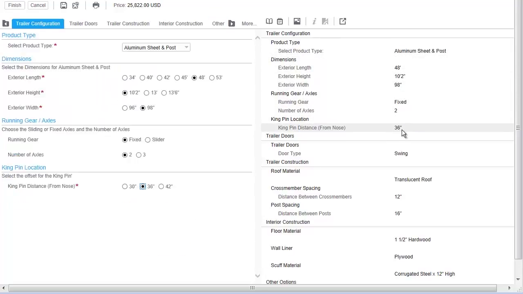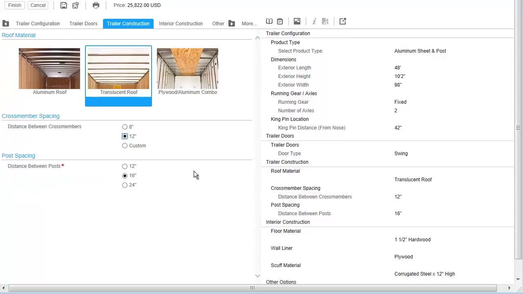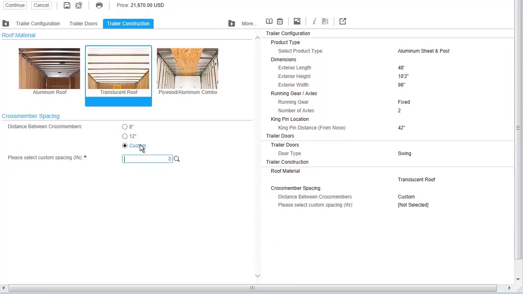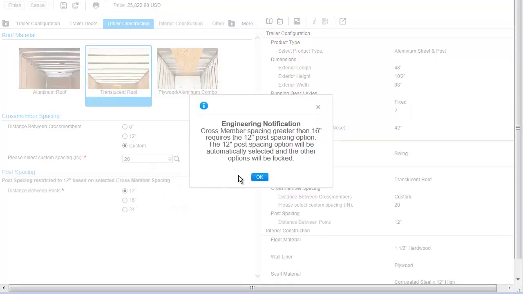He easily updates the kingpin offset to 42 inches and reviews the custom crossmember options, which are only available upon special request. Previously, special requests had to be submitted through a manual engineering review process, taking several days for engineering to process and approve.